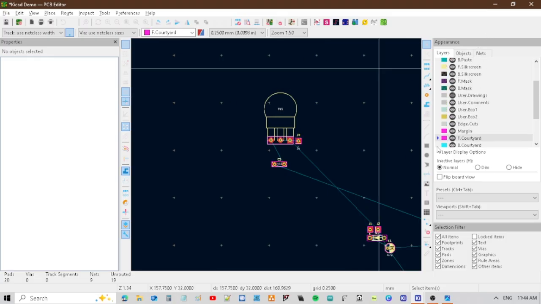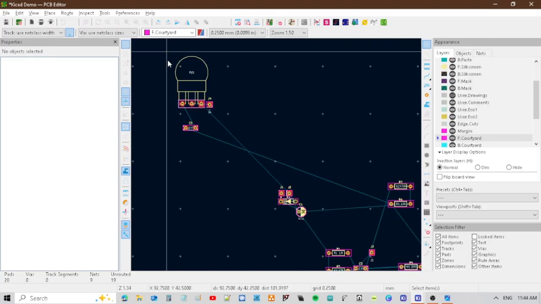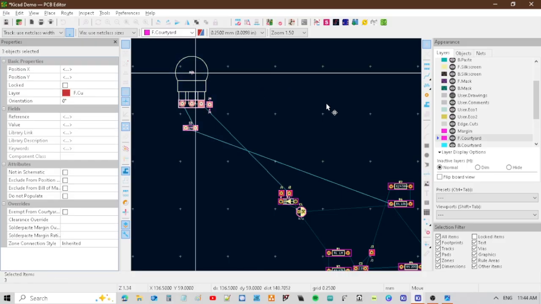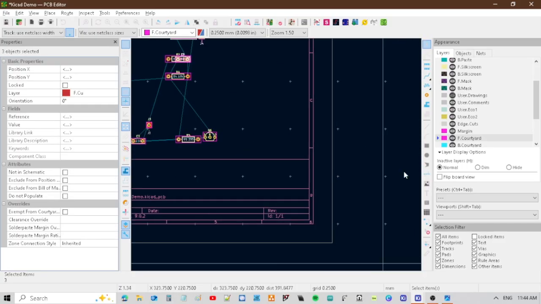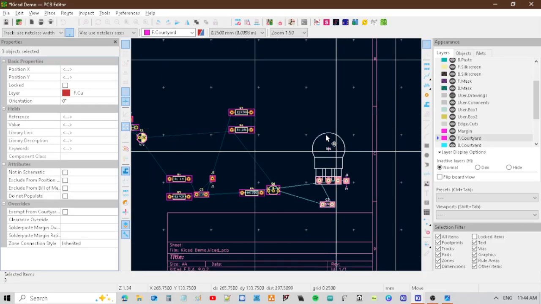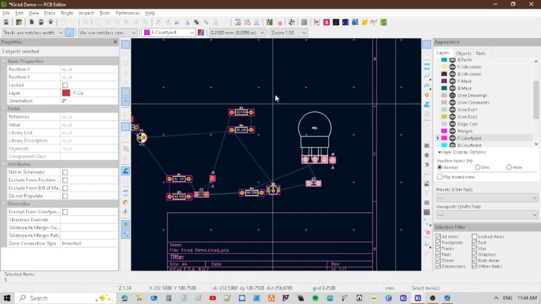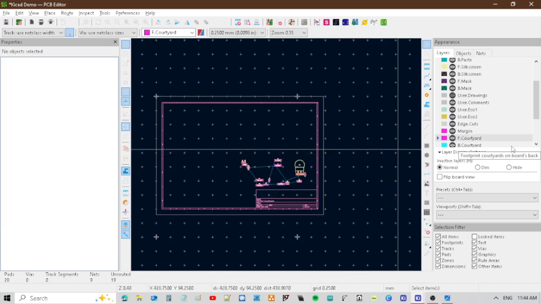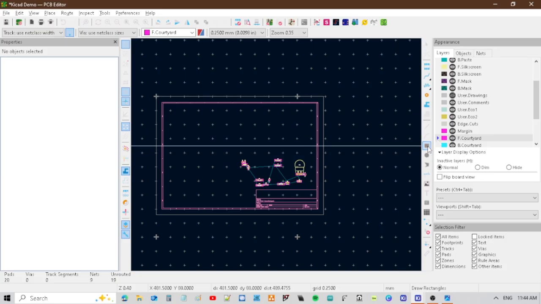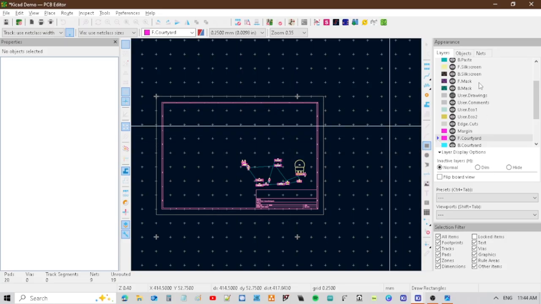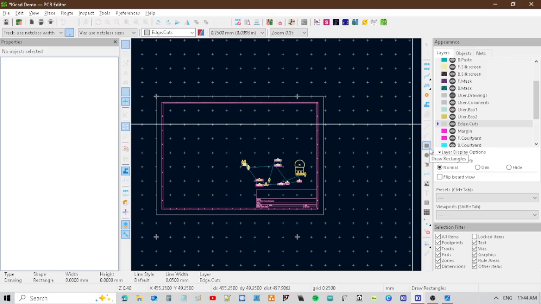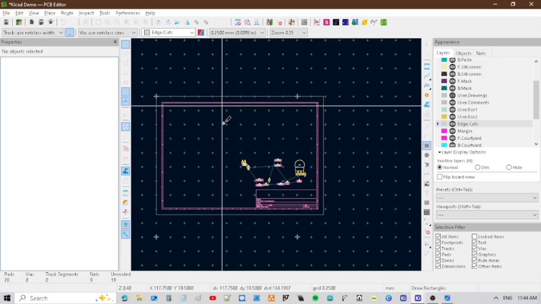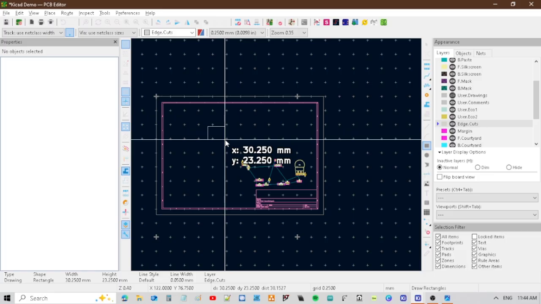Anyways, so now let's start building this thing. So let's drag our final thing down here. So the next thing you got to do is define your board. And so we are going to click the Edge Cuts layer, because we want to draw on the Edge Cuts layer, and then I click Draw a Rectangle, and I'm just going to draw a rectangle. I'm not worried about what size it is